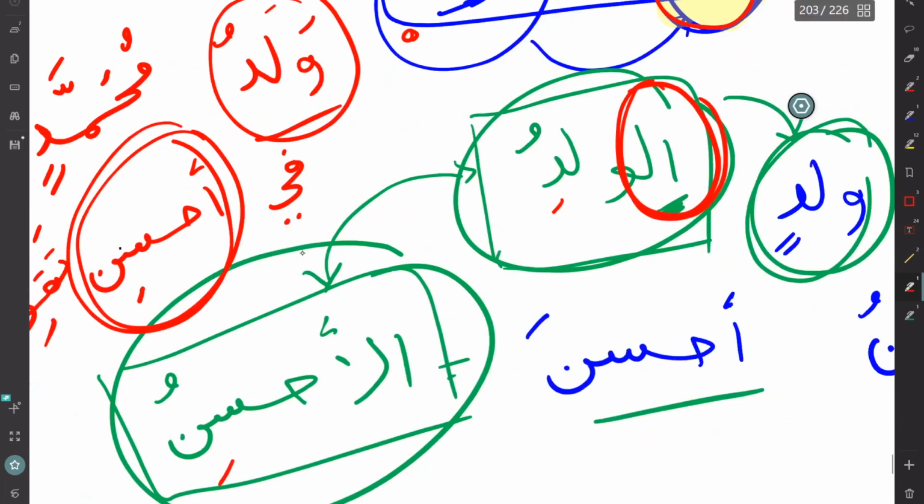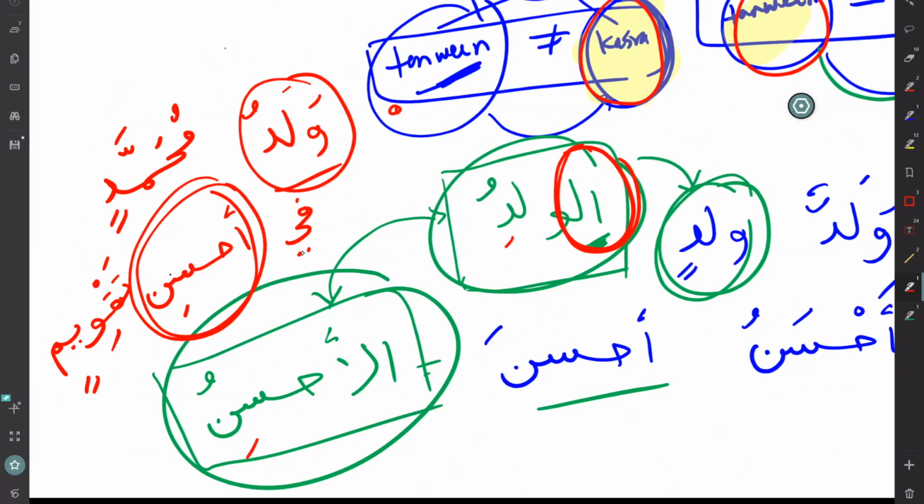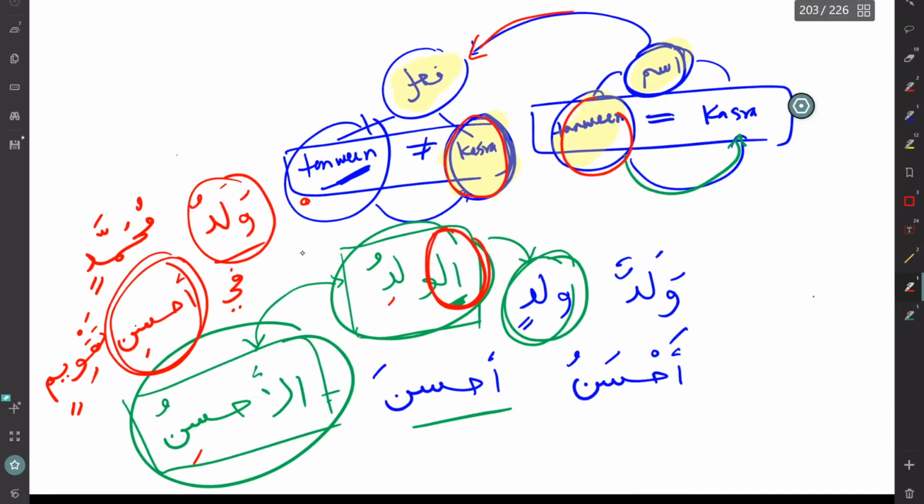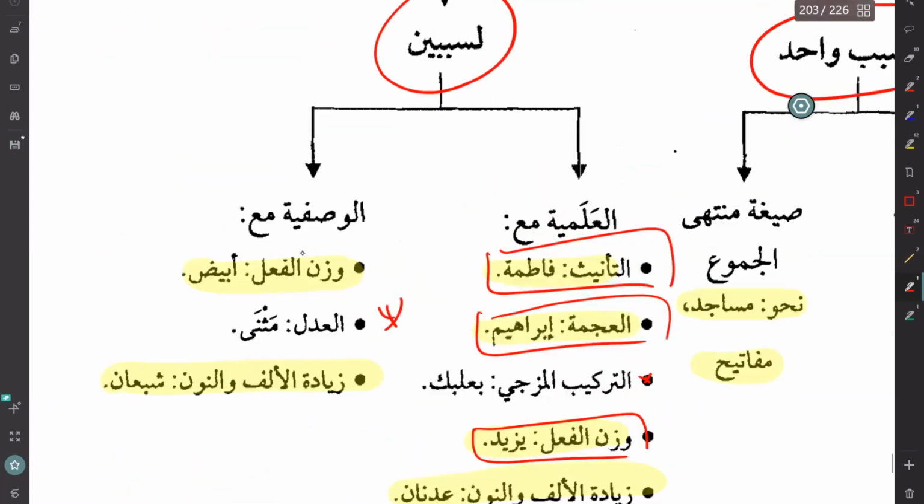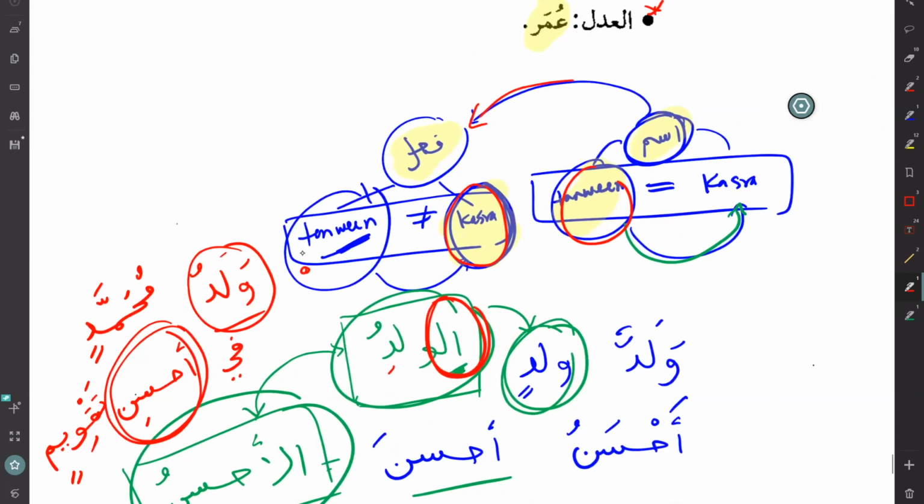Same thing with the idafa. So mudaf cannot be anything other than the noun. So when you become mudaf, you also get back your original, the asal, which is the ism. Whichever way it makes sense, but bottom line is that I want you to think about this concept. Yes, we just read the whole thing. It just took us a few minutes to find out that when you have alif lam and mudaf, you can accept kasra.